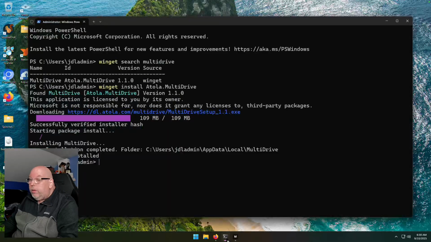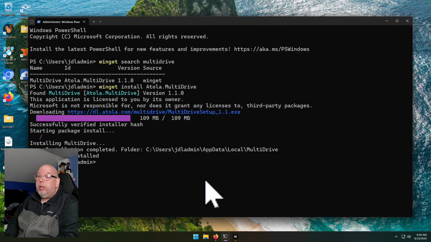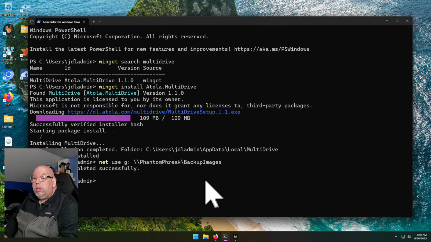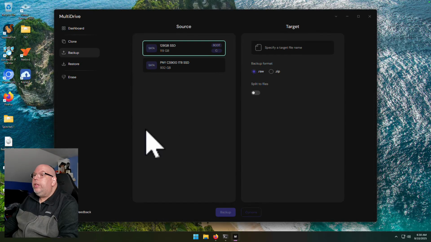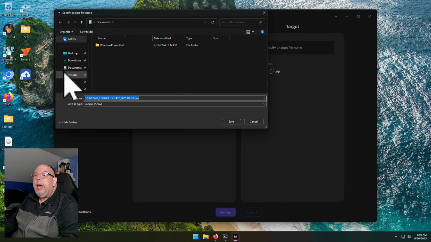We're going to go old school. Net use G. Okay. I have little patience for Windows shenanigans. All right, so now we should have a G drive